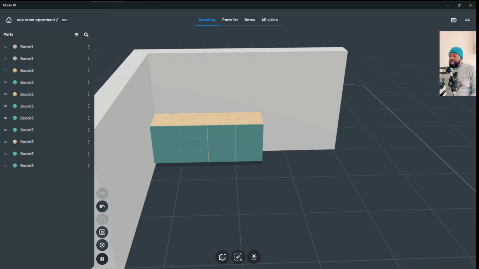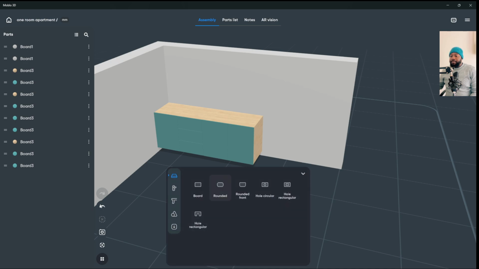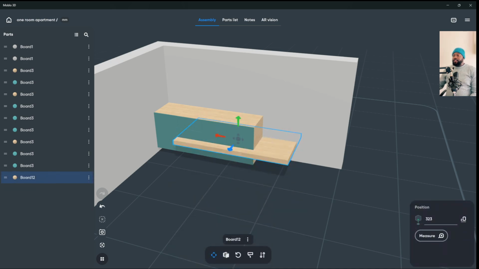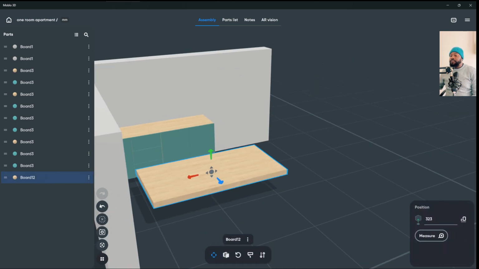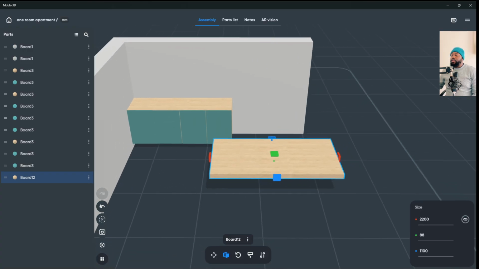So you just come again here, this one, you do it plank by plank. Take the board. Let's say our usual washing machine is 600 millimeter wide,